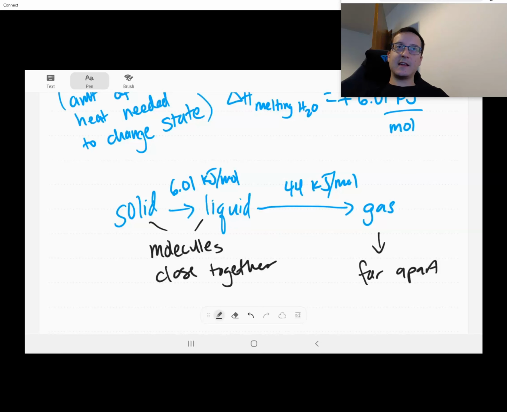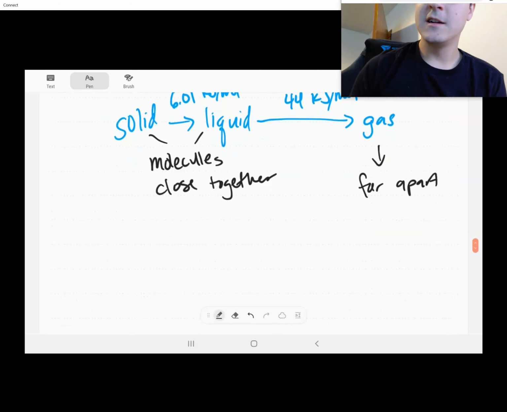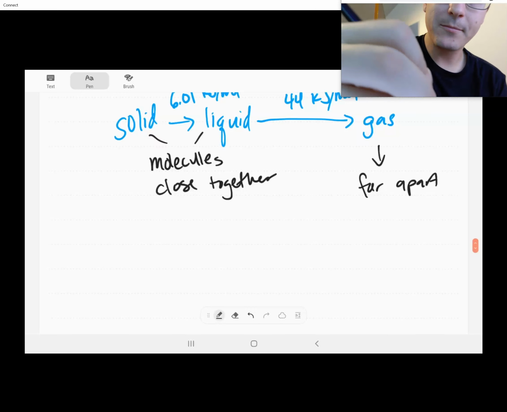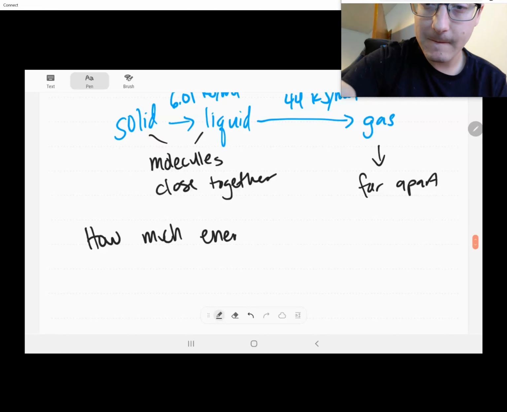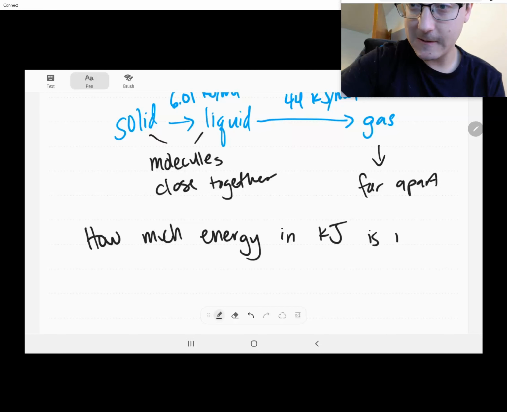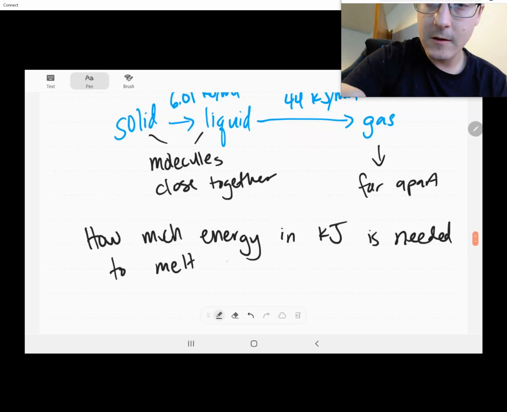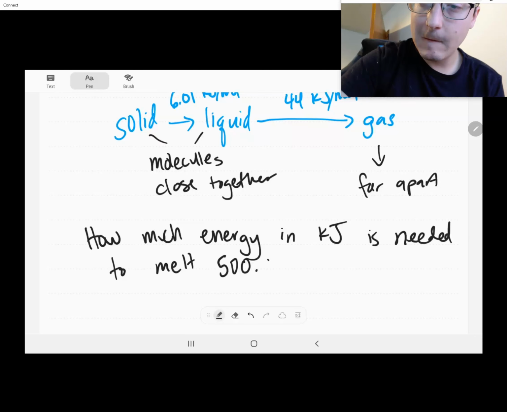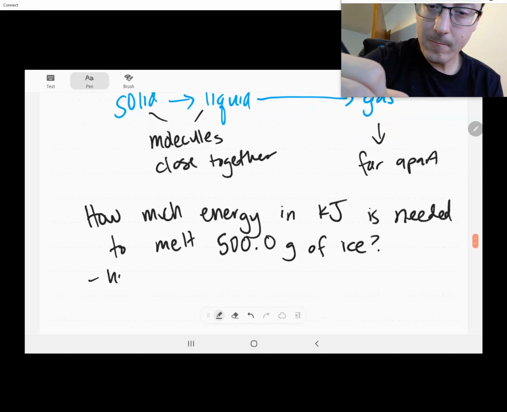Shall we see this in a problem? We love math, right? Yes. Okay, so how much energy in kilojoules is needed to melt 500 grams of ice? And then to boil